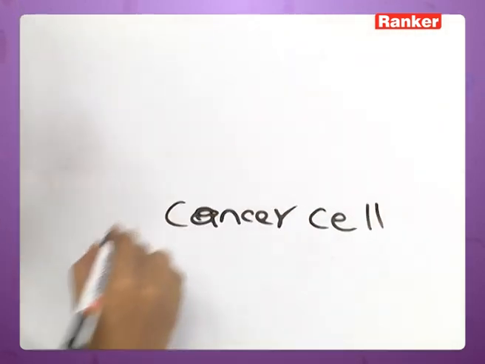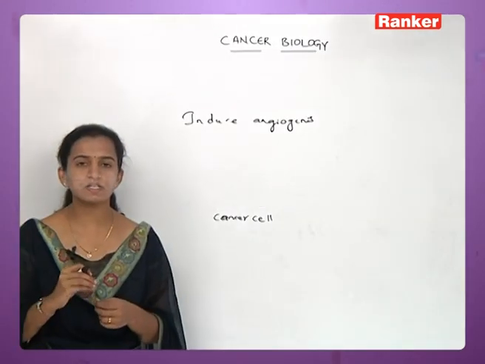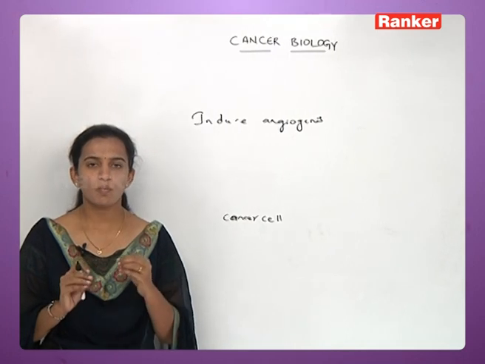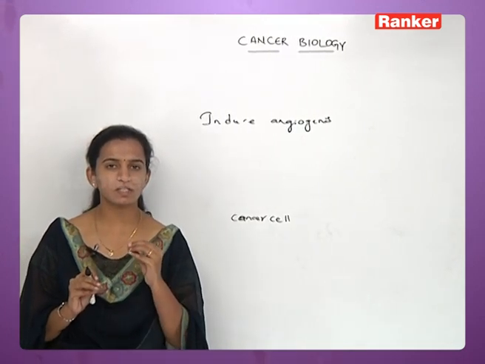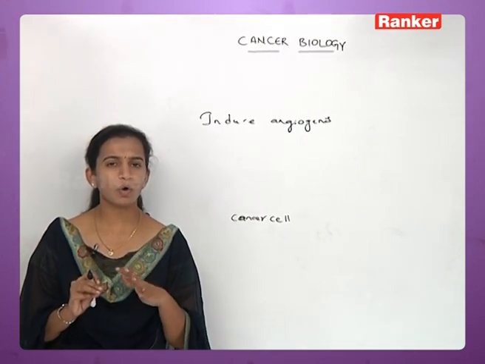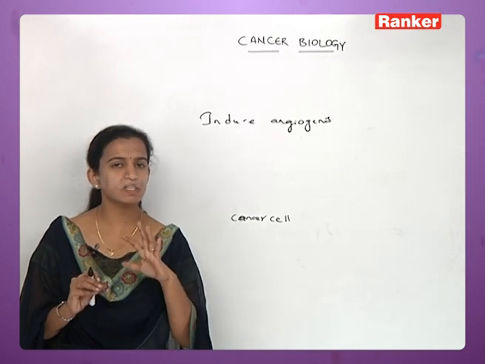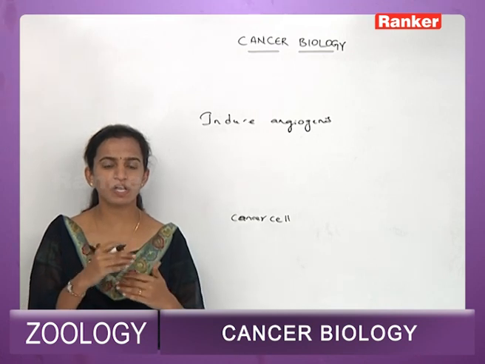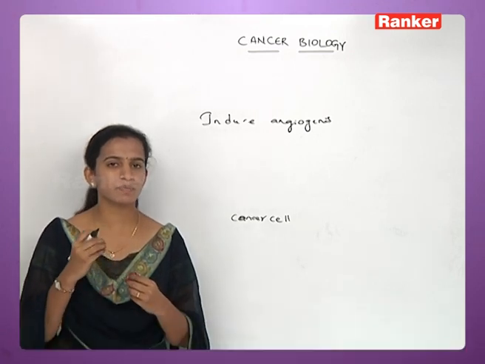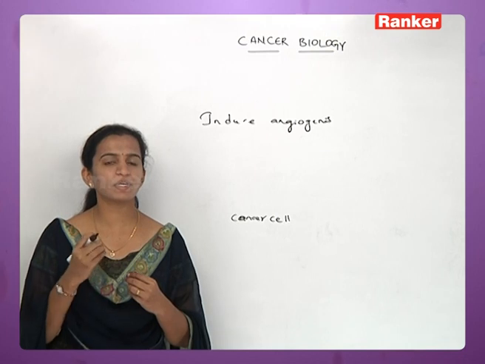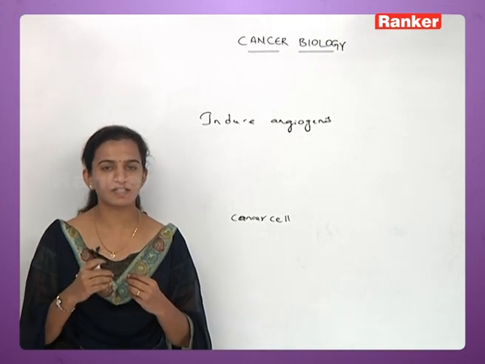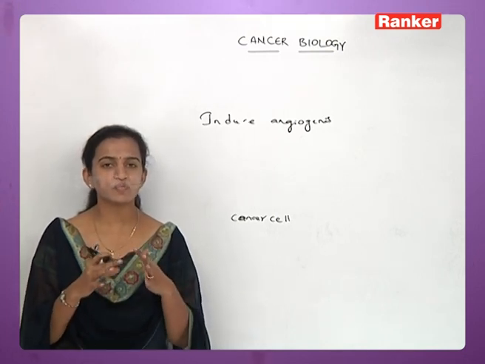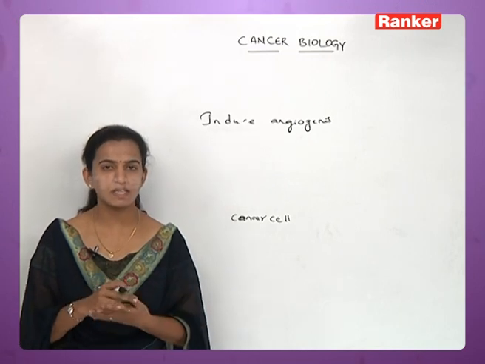Cancer cell, what is a cancer cell? It is a growing cell. Whatever it is, it is a cell, but it is a growing cell. So in our body there is a tendency, if there is a growing cell, all the blood vessels will enter into that. That means whatever blood vessels are present in our body, new capillaries will be formed out of those vessels, and they reach the place wherever the division of the cell is taking place.